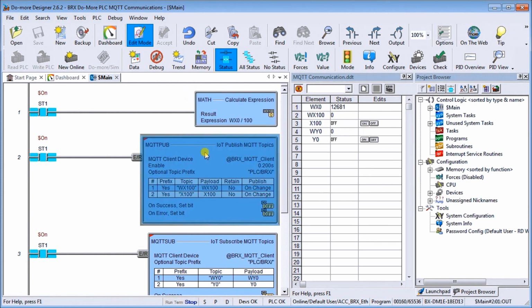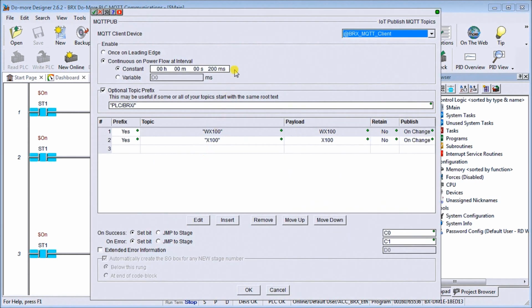The next program will be my MQTT Publish. If I double click that, we'll call up this. Again, my MQTT client device will be our BRX MQTT client. We're going to do a continuous on power flow, and we're going to do a constant, which is 200 milliseconds. So every 200 milliseconds, it's going to look at my data and determine whether or not to publish this information. And the first published information, well, first of all, it's going to come into the topic, which will be